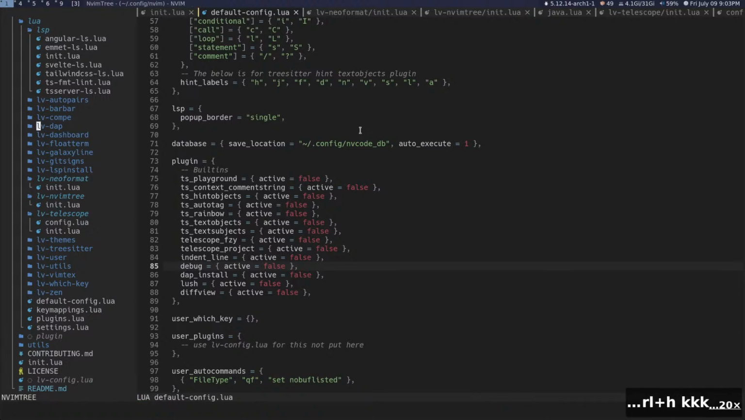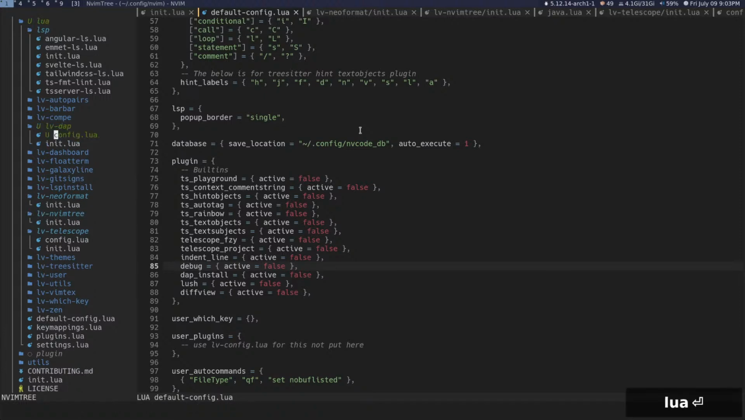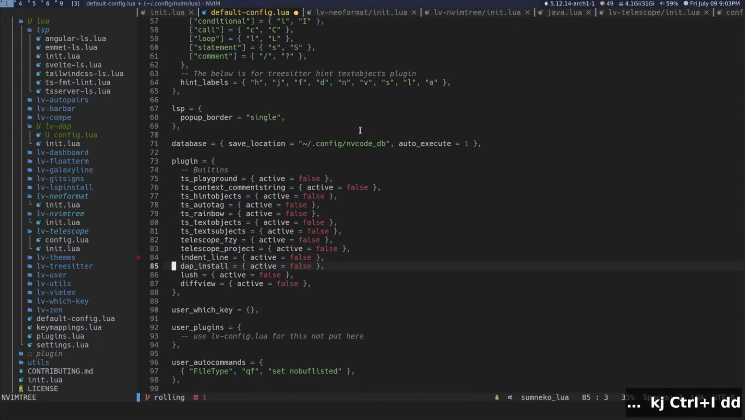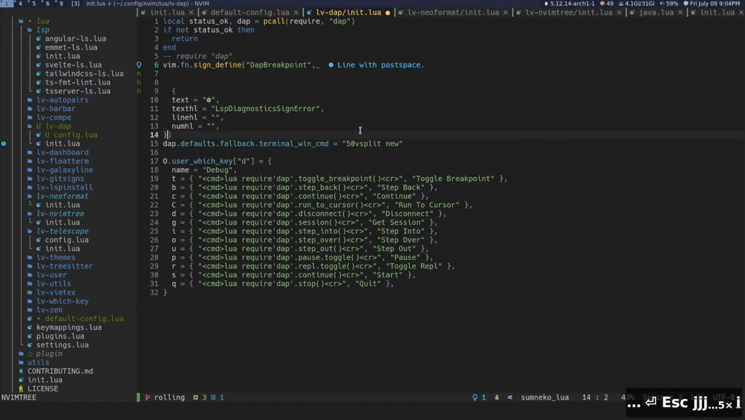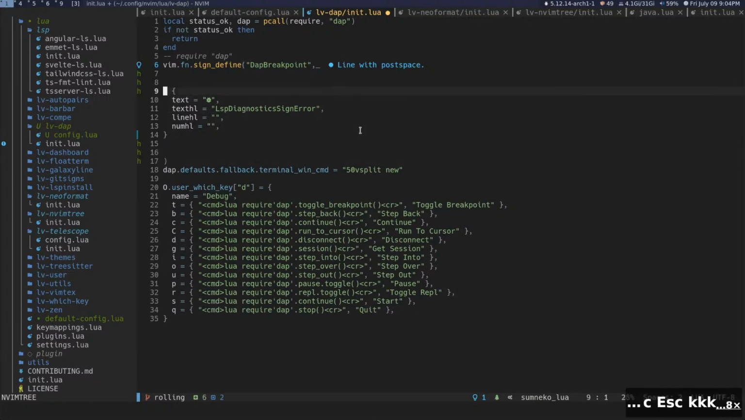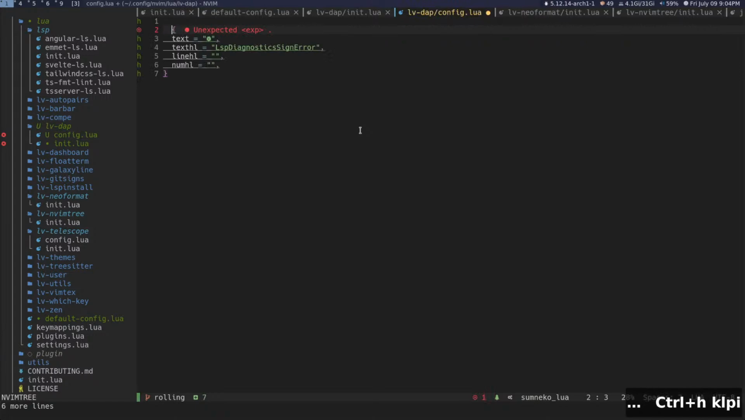Debug, yeah. Did I do debug? I thought I already did. I didn't. Config dot Lua. I'm going to not name that. Okay, and then we got this DAP breakpoint. And then we got, all right,